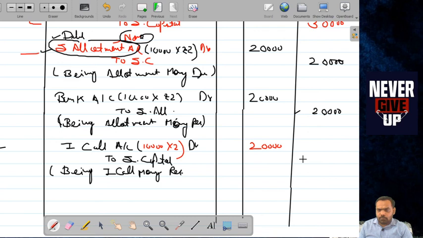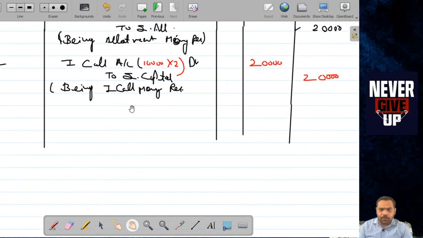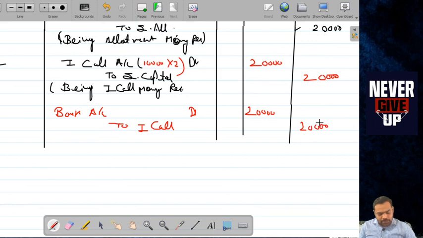Then we will receive the first call money in the last entry, that is bank account debit to first call, and the amount is the same. And we will do the same with the second call, and the name of first call will be changed to second call. Okay guys,